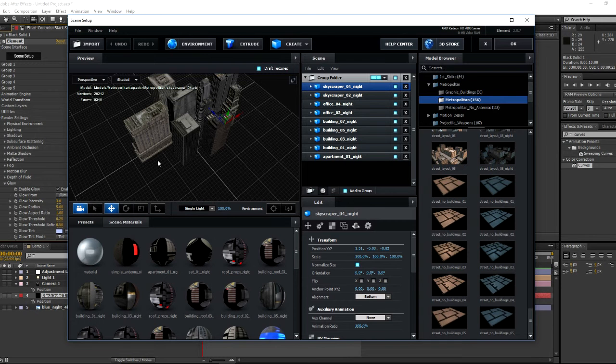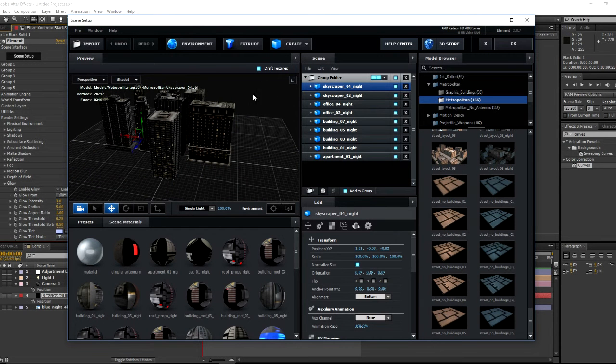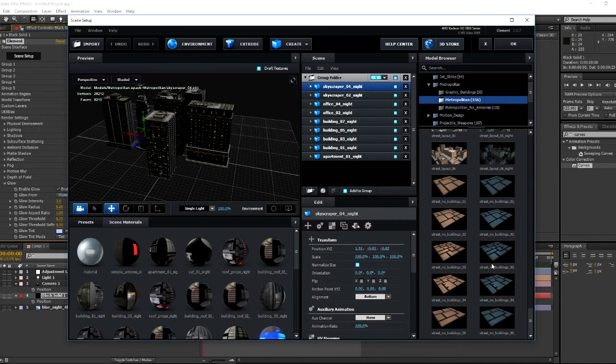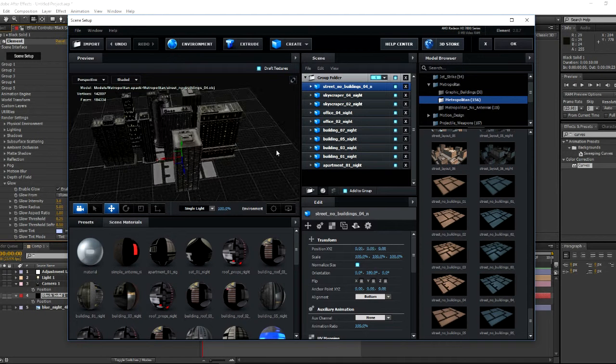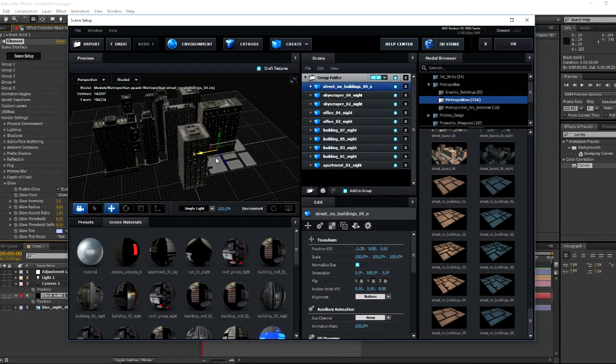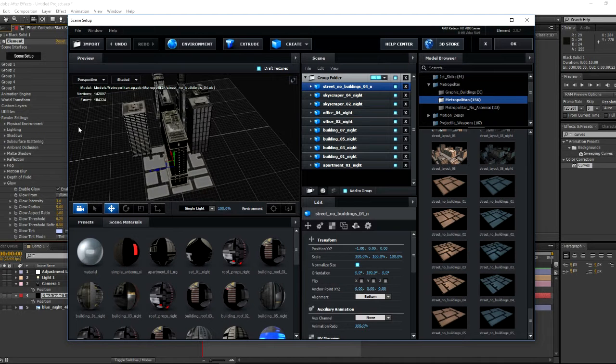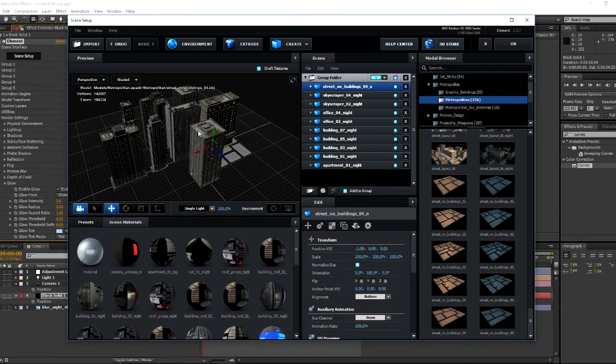Anyway, let's continue. So we want to add a floor. Now in the same Metropolitan pack you have floors below, so you can pick any floor you want. Because we're in the night we want to use some of these floors, and I'm gonna use street no buildings 04. So here it is. Now since we have a lot of buildings we need a lot of floors. Now you can press Control D and duplicate it and just